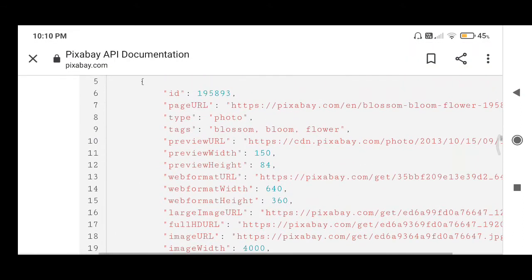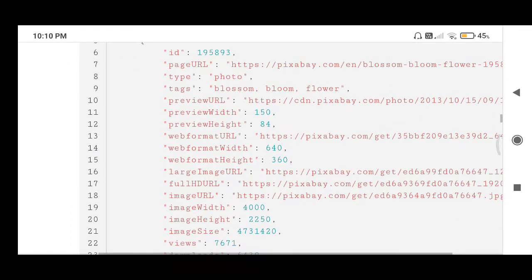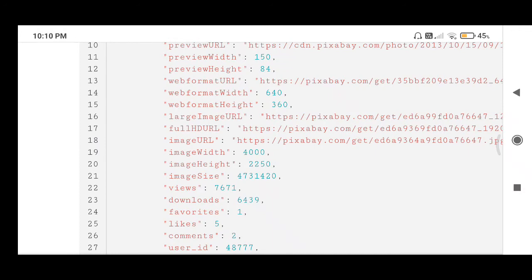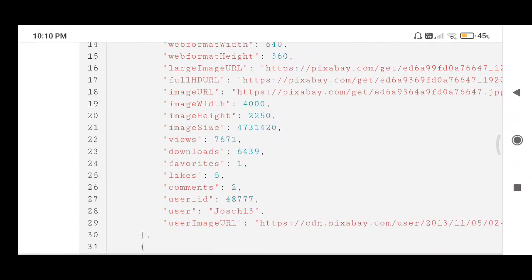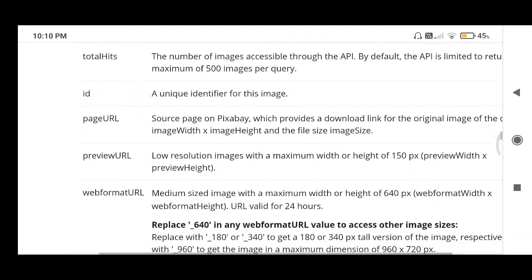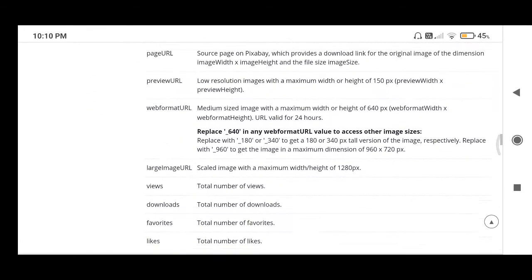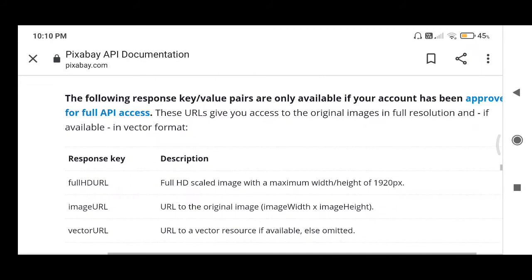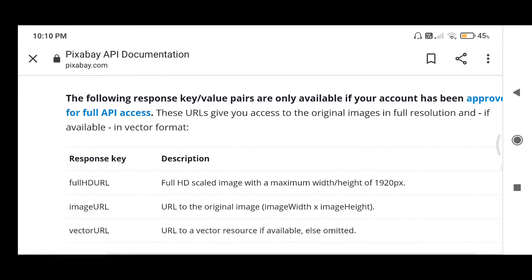In our application we are going to first load the full screen URL and image URL, and there are some limitations also. We cannot access the full API.